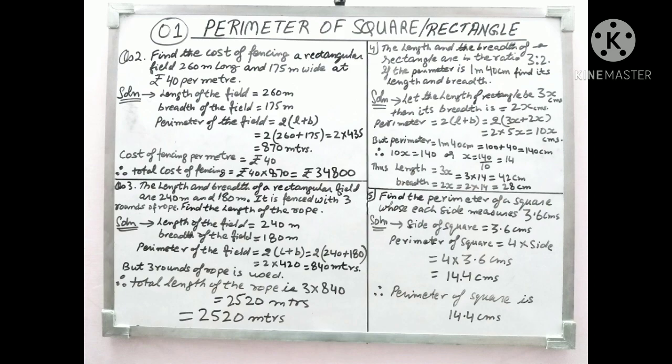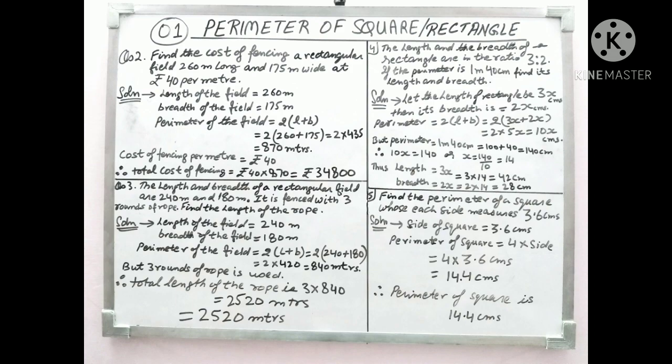Now we have 1 meter 40 centimeter as the perimeter. We will convert this to centimeters. We have 100 centimeters in 1 meter. So 1 meter 40 centimeter is equal to 100 plus 40 centimeter, which is 140 centimeters. Now this is the perimeter, and earlier we calculated as per the ratio